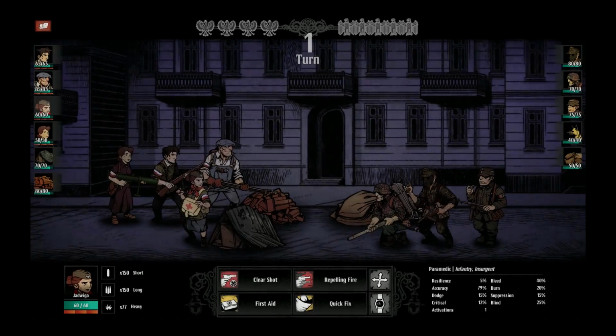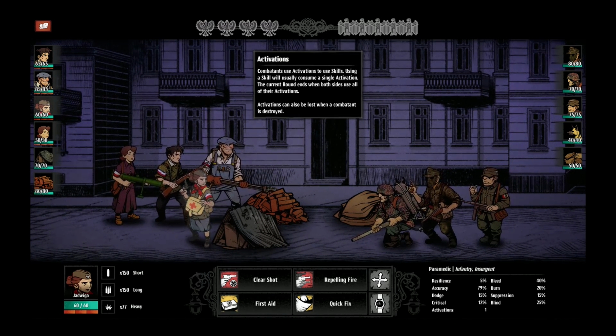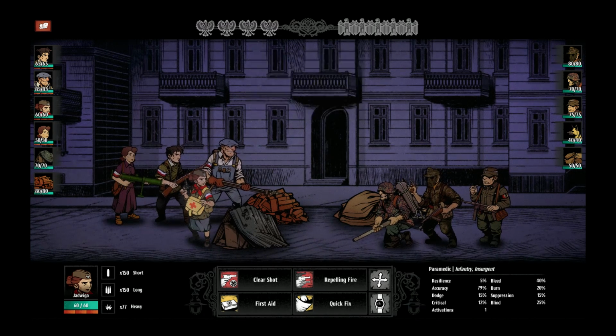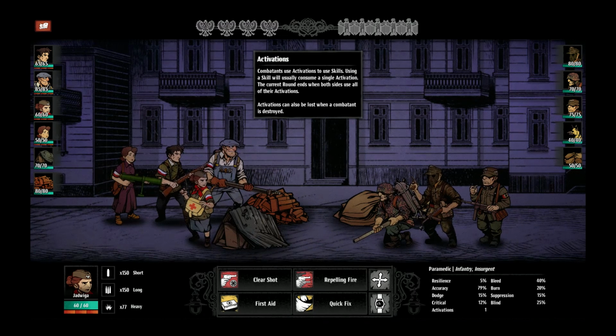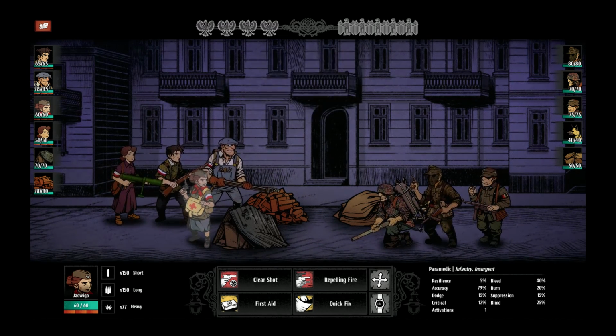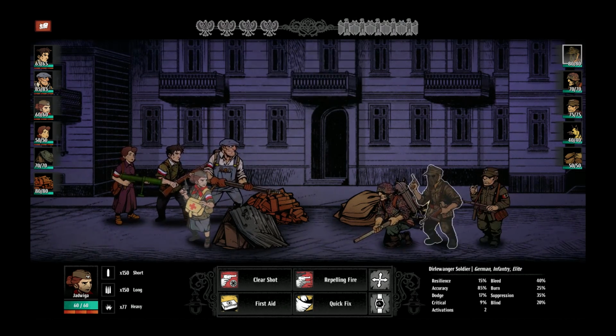Oh, so here's a guy. Alright, so actions, activations they call them. You get 1 per person on your side, and then occasionally you see like this elite German infantry at the bottom. His stats on the right there, you can see he's worth 2 activations. So if I was to kill him, they would drop 2 activations. As of right now, they've got 5 and I've only got 4, so I don't know why they have... Yeah, they have 5, but their people only say they generate...